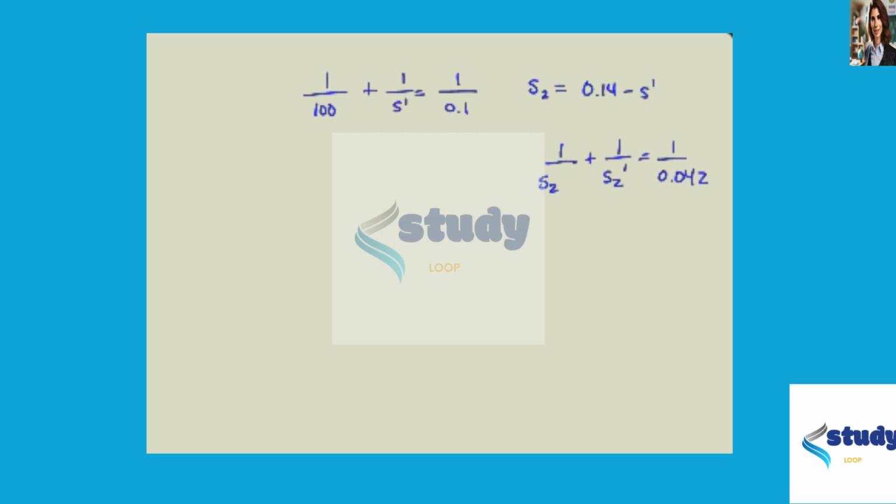So you are given a couple of equations and you're asked to solve for the unknown variables. This first equation is an application of the thin lens equation, which is 1 over s, we'll call this s1, plus 1 over s1 prime equals 1 over f. That tells us that we have a focal length of 0.1 meters, and we have a distance of the object of 100 meters. Okay, if I wanted to sketch this out,